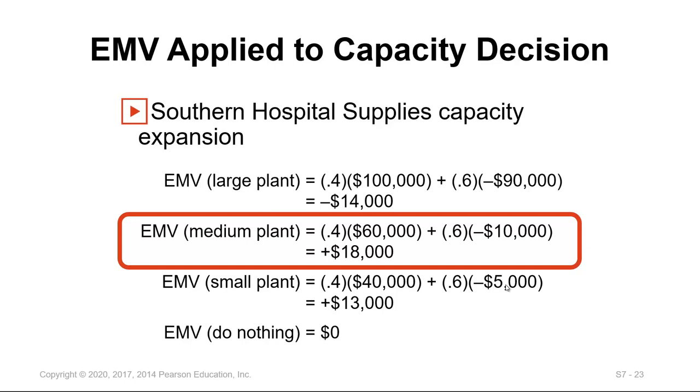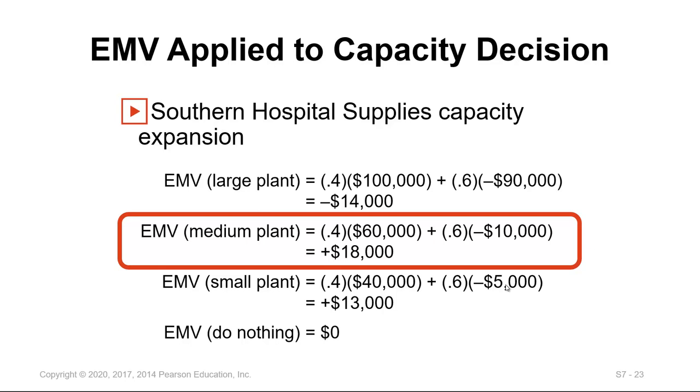With a favorable market, the profit of the medium plant will be 60,000, while if the market was unfavorable, the loss will be 10,000. So with an unfavorable market, we lose money. With a favorable market, we gain money, or we have a profit. And with a 60% chance of loss, we need to select one of these options, one of these plans, to make